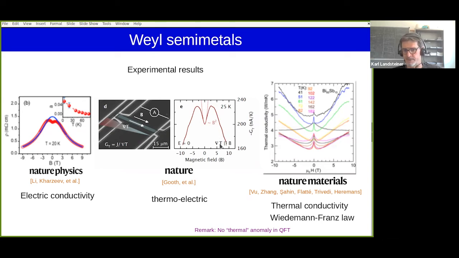And in fact, that's also what you see. The effect just goes away for large magnetic fields. And you can also measure the strong magnetic field